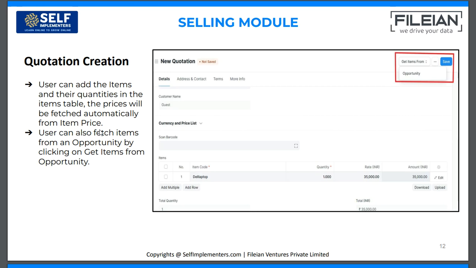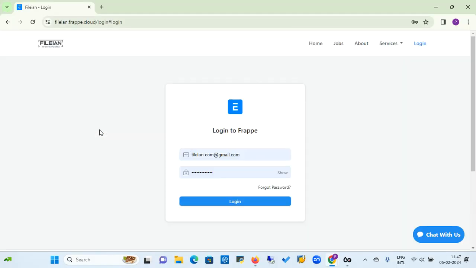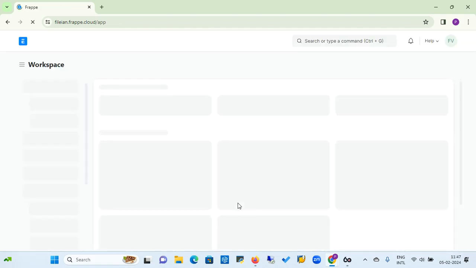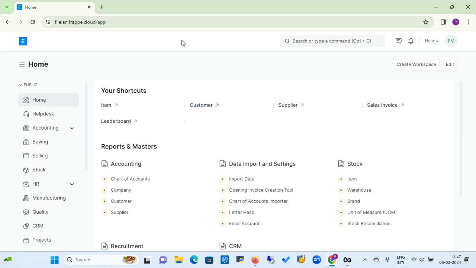So let's go to our ERPNext application. Here in a web browser, I have already entered my URL in the address bar and I am landing on the login page. Under the login page, I have entered my username and password. Now I am clicking on the login button to enter the ERPNext application. Once I have clicked on the login button, I have landed on the home page of the ERPNext application,